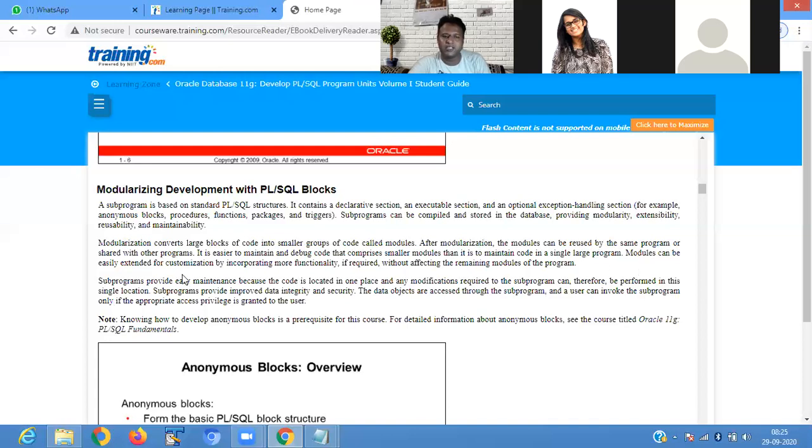Modules can be easily extended by incorporating functionality if required without affecting the remaining modules of the program. Subprograms provide easy maintenance because the code is located in one place, and any modification required to that subprogram can therefore be performed in this single location.